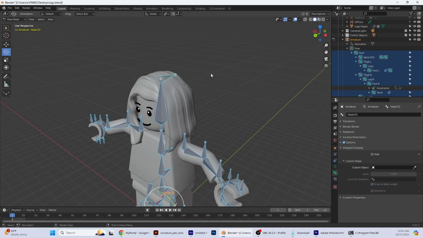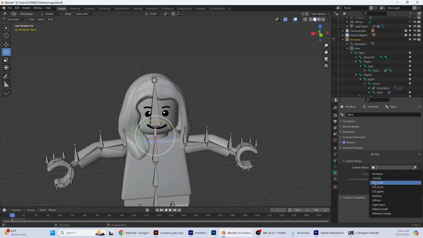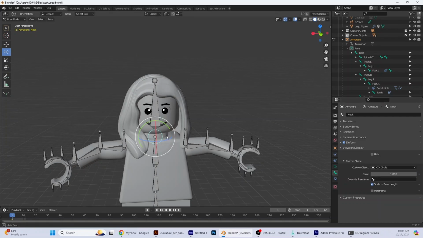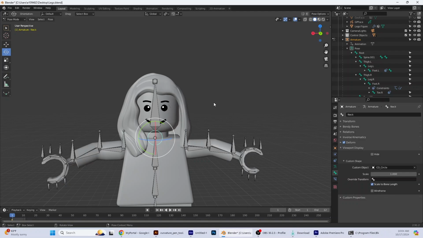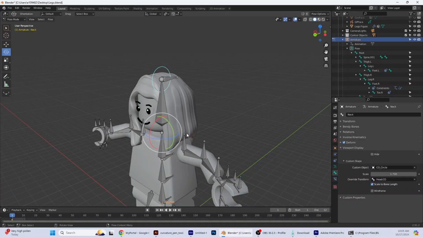Okay, anyway, now we're going to select our neck bone, this one down here. And we're going to click on this bone properties and we want to come down to viewport display. And where it says custom object, we are going to choose the control object circle. Okay, circle. And you can see that that turned that bone into a circle. But what we're going to do is link it to this head control object here. So where it says override transform, we're going to select this and find our head control object. So make sure you pick the one with CO at the end,